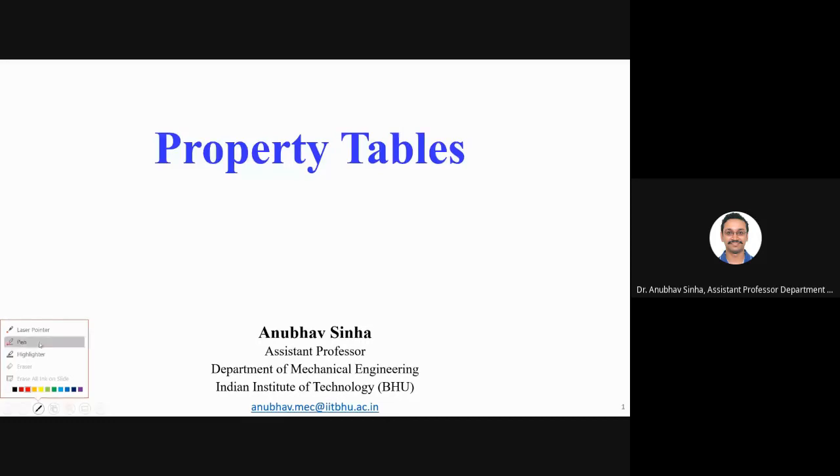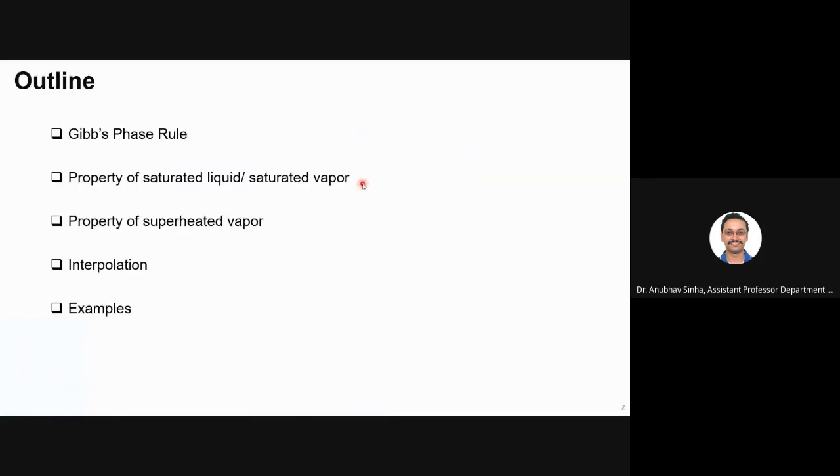Okay, so how to look at property tables. Some topics will just be repeating. Gibbs phase rule we have anyway covered, so we need that background. We'll slightly repeat those slides, and then